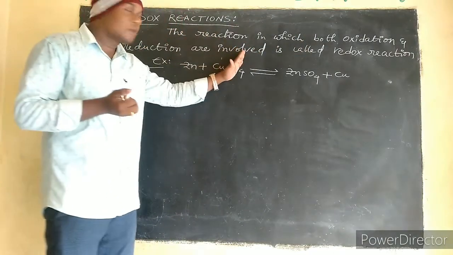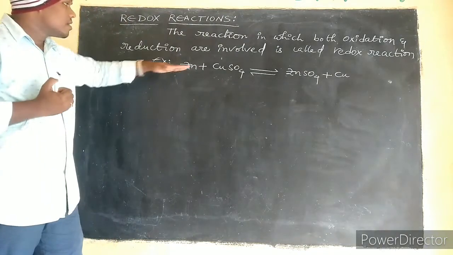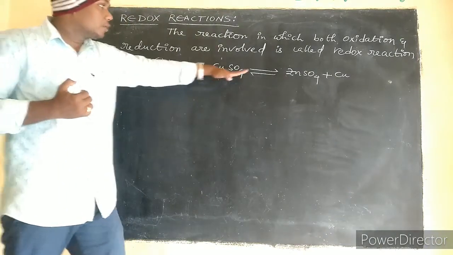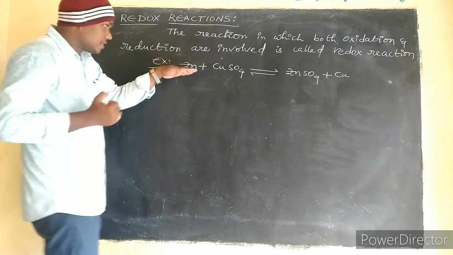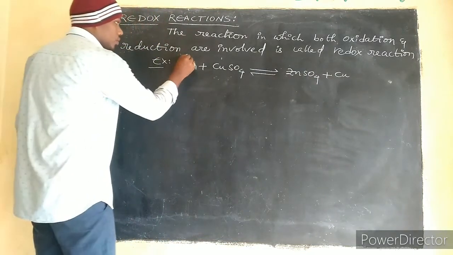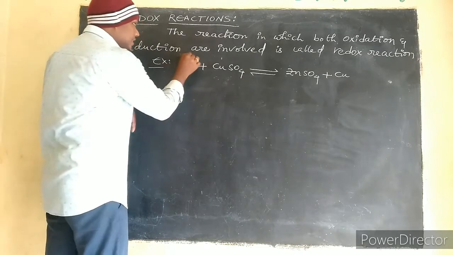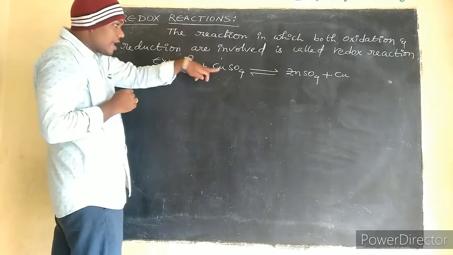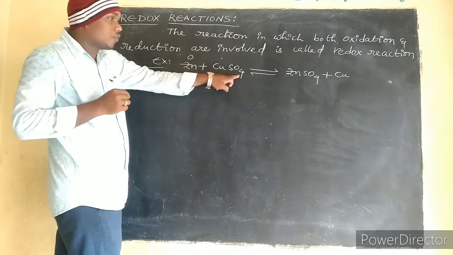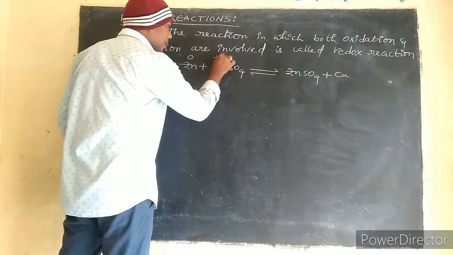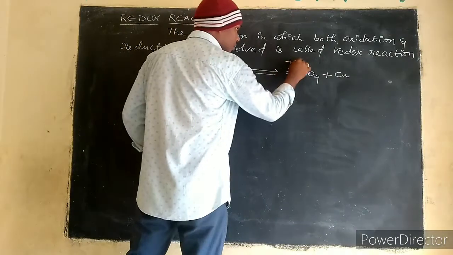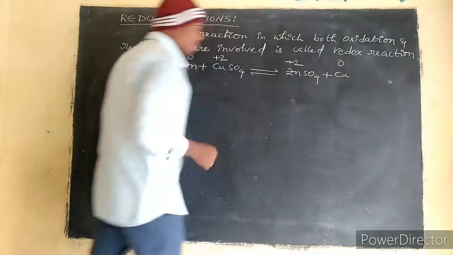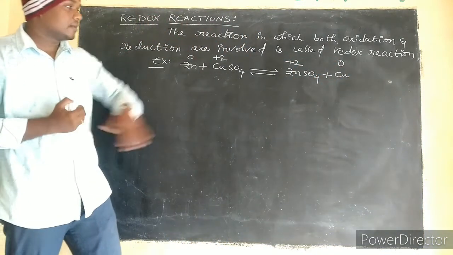So the best example for this redox reaction is zinc plus copper sulfate gives zinc sulfate plus copper. Correct? In this, zinc is a neutral atom, so the oxidation state of zinc is zero, and here CuSO4 with Cu plus 2 and SO4 minus 2. Here copper carries plus 2, and zinc here plus 2, and here copper again 0. During oxidation,